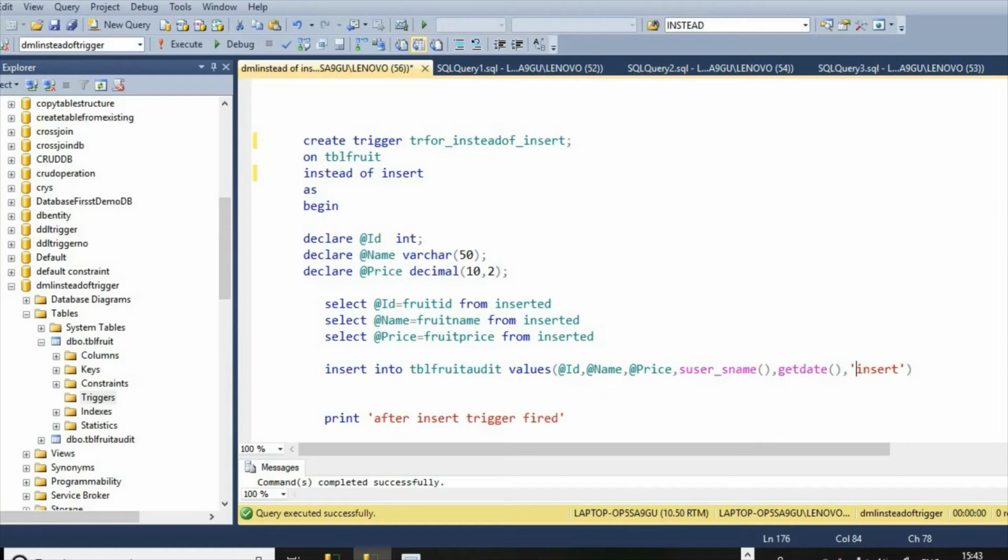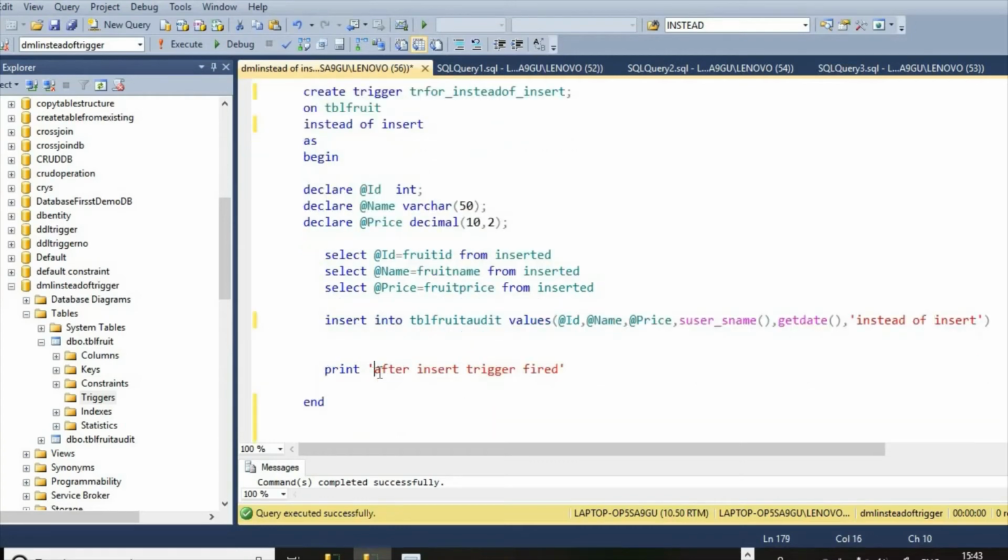Here we give instead of insert, and here after insert, instead of after insert trigger fired.